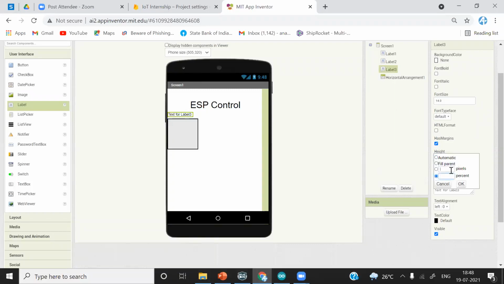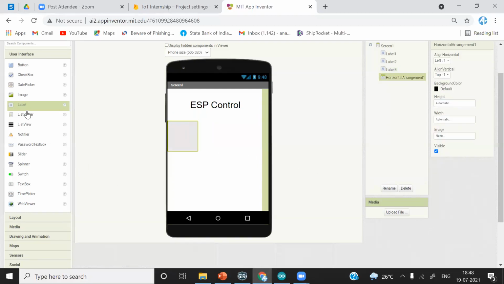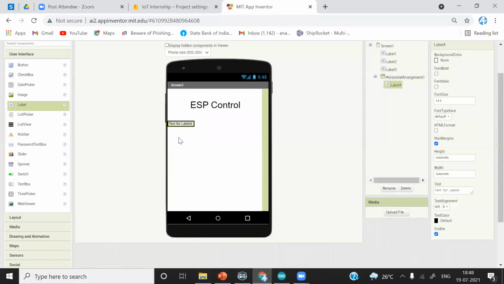I'll make the height 20 pixels and make the string null. And in that, we are going to put two labels again. The first label is going to be ESP data. So we are receiving data from ESP, so I will make this name ESP data.